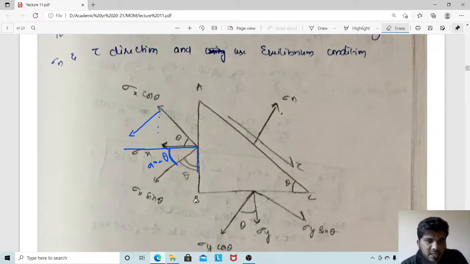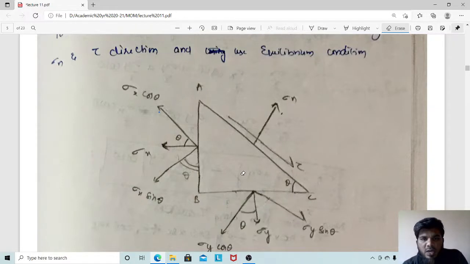We have understood sigma x cos theta and sigma x sin theta. Similarly, see this vertical line and the line in the direction of sigma n; they should make an angle theta. So this angle and this angle are again similar triangles. We consider this as theta. Now this is sigma y. When I resolve sigma y along this line, it is sigma y sin theta, and along this it is sigma y cos theta. I am going to repeat it once again so that you can analyze clearly: you have to identify the stresses acting in the direction of sigma n and tau.